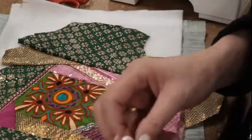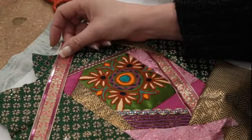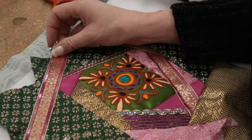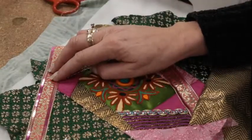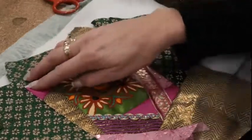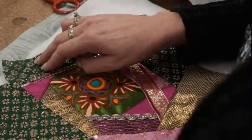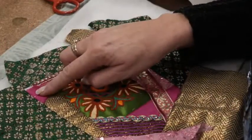Now, here's where we go. Do we, and I think we do, go something like that as well? I think so. I think we need to stop those two greens from meeting and pop that there. So whatever fabric I put across there is going to have an embellishment over the top. So maybe thinking hot pink, even though there's a hot pink there, it's going to get covered up pretty much